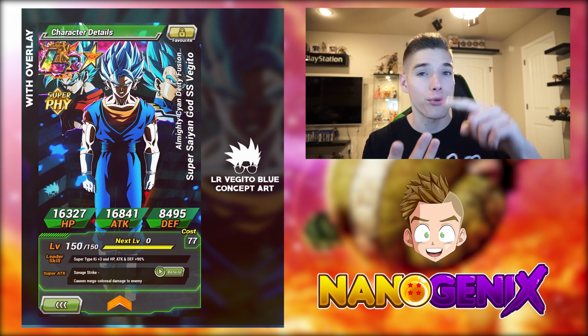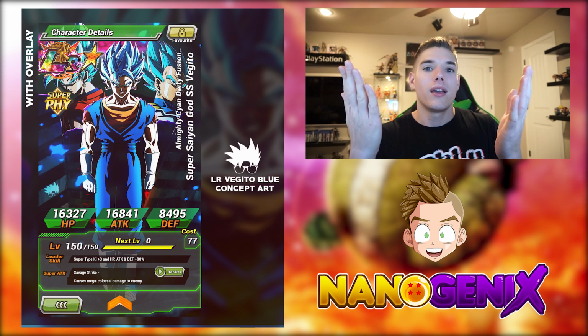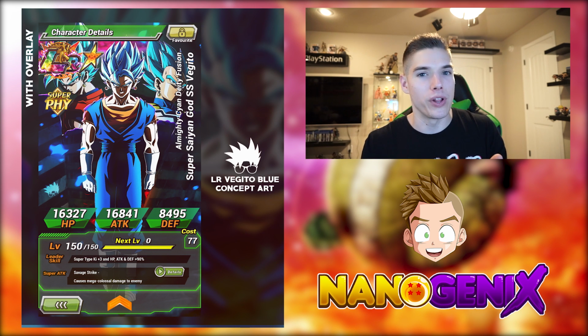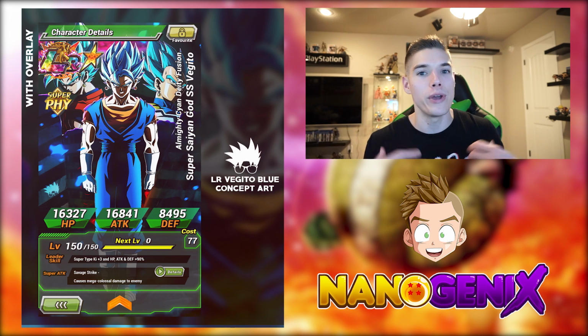That was Beerus at number 3, SSJ4 Goku at number 2, and LR Blue at number 1. Now, I'm sure a lot more work than what we truly realize goes into each and every one of these cards. A lot more thought goes into them via their leader skills, their passives, their links, their super techs, everything. I'm sure a lot more work than what we think about really goes into these cards, their artwork and everything